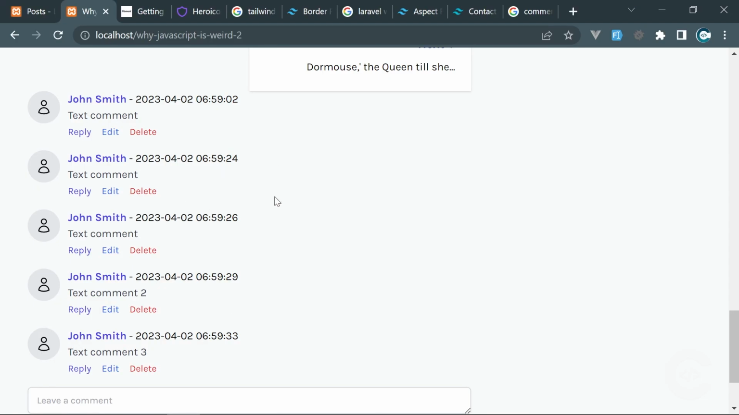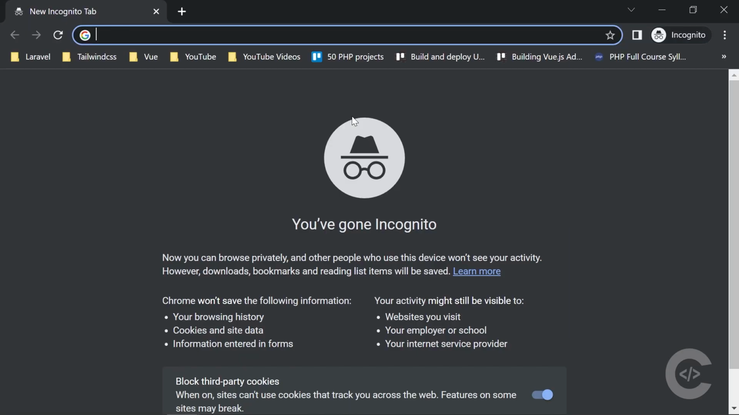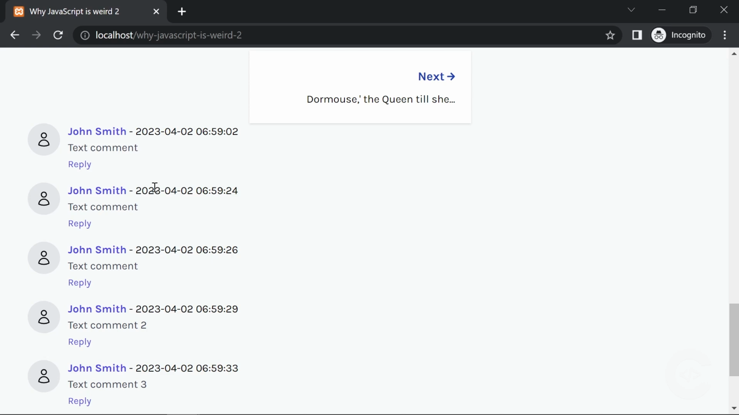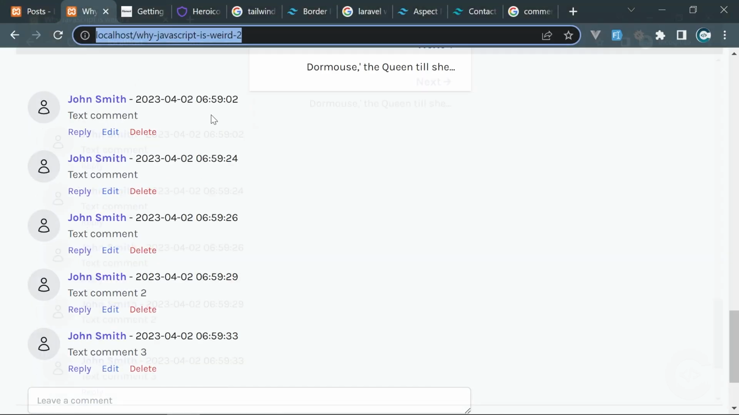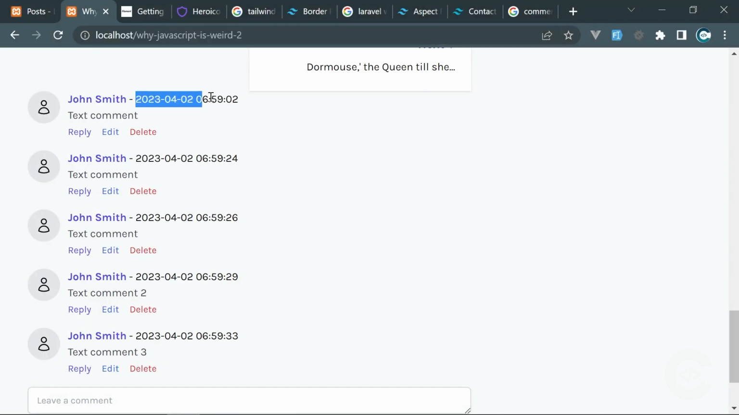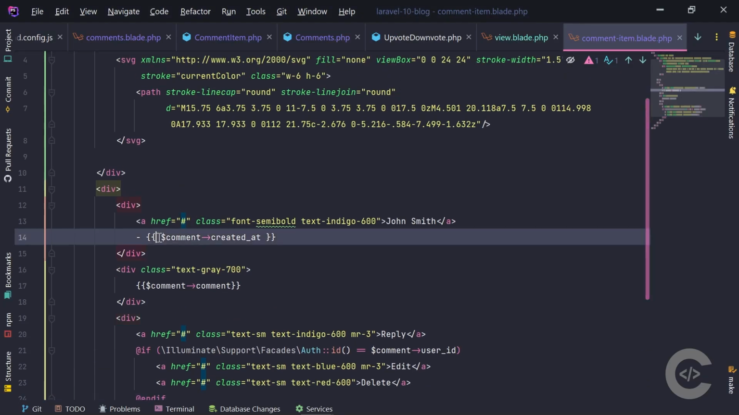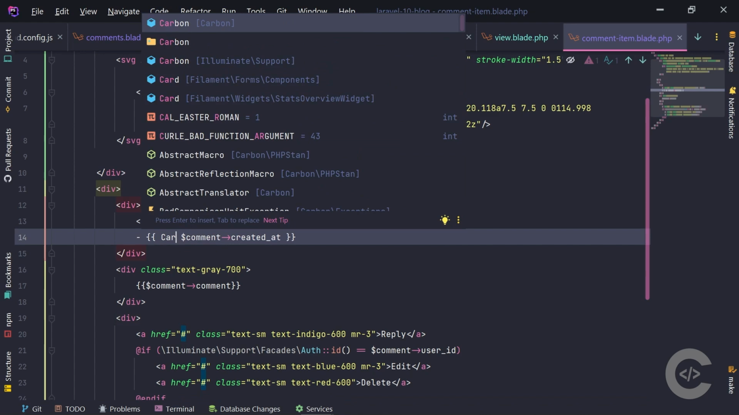So I see everything. If I copy this and open in incognito mode, I don't see edit and delete, which is good. Now I want to display these dates in a human readable format. So I think Carbon supports that. So if I use Carbon,